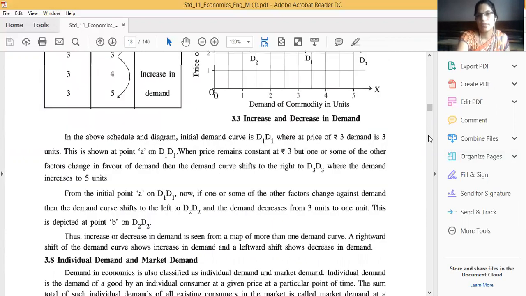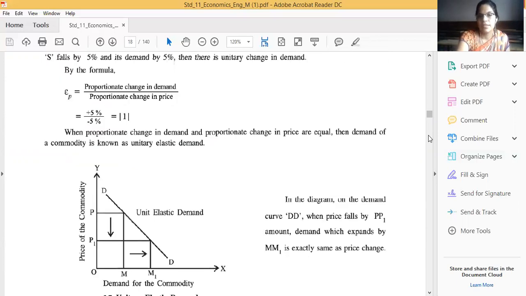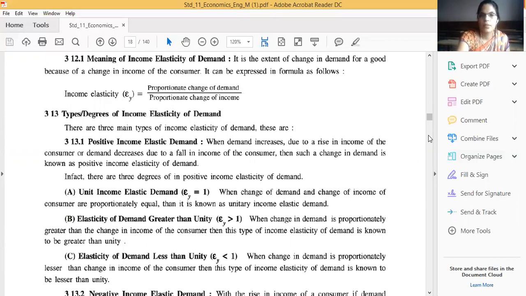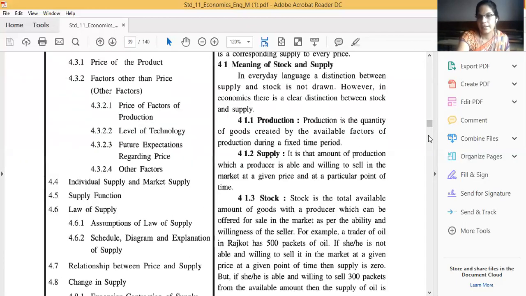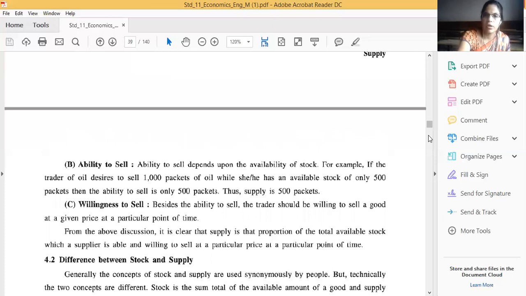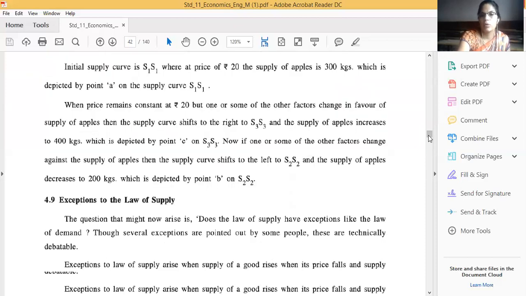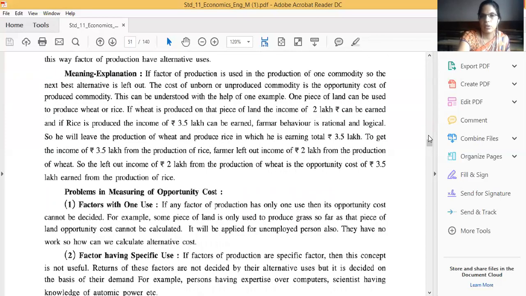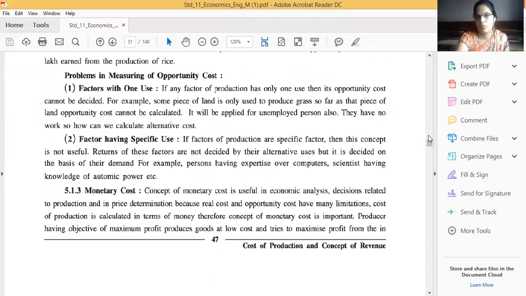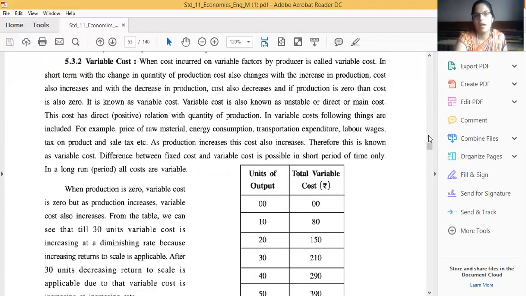Now we are going to discuss the next topic of the same chapter, which is related to cost. TFC, TVC and TC are all interrelated to each other, which we completed in the previous class. If you have understood it, then only you can get the next one. Otherwise, you will create confusion in your mind. So friends, open your textbook and make all these headings with me and underline also.